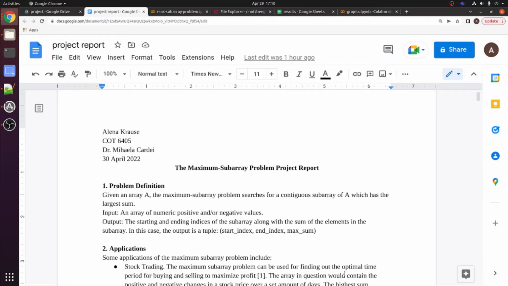Just to give a quick overview of what the maximum subarray problem is, essentially, given an array A, the algorithm will search for a contiguous subarray that has the largest sum. So given an input of numeric positive and/or negative values within an array, the algorithm will output a tuple. The tuple consists of the starting index of the subarray, the final index of the subarray, and the maximum sum